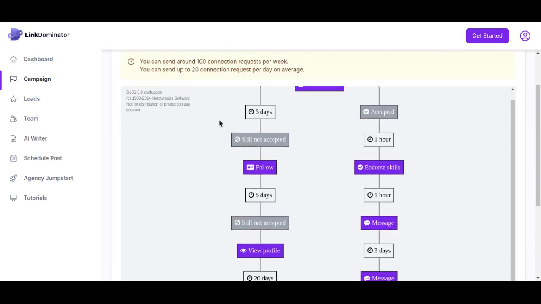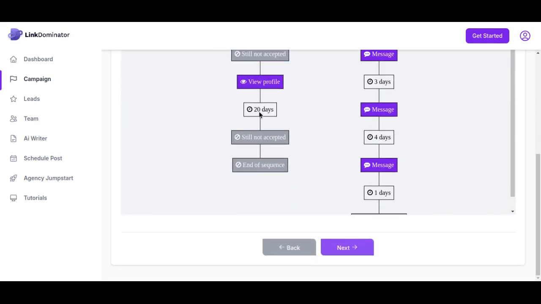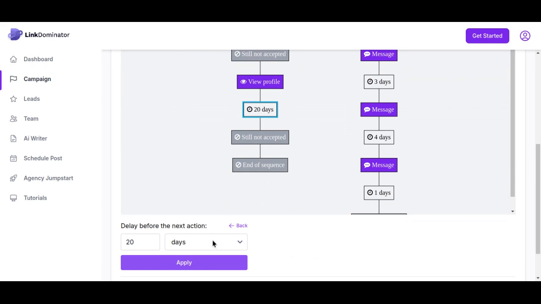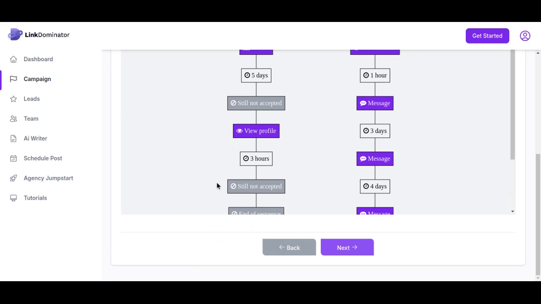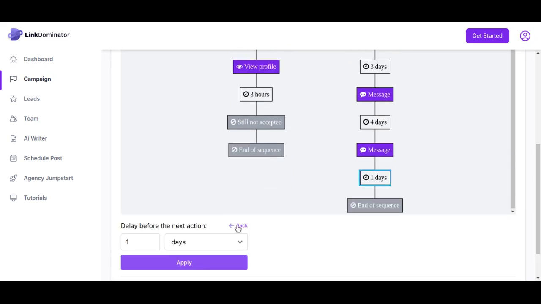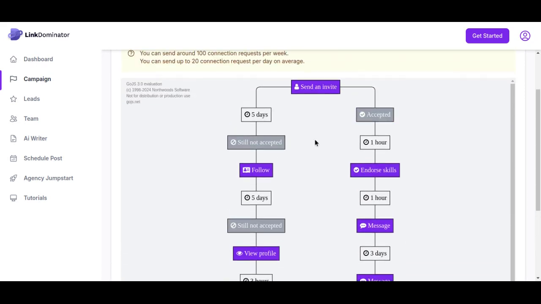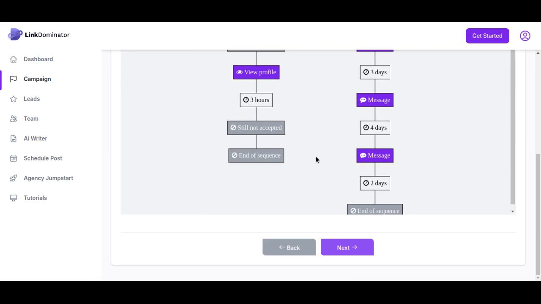Another thing you can see right here is that this is dynamic, in the sense that you can click on this to modify the days. It could be days, it could be hours, and you can come right here to change it, and you click on apply. You can see that it's 3 hours that is here, and for this one also, this is one day. You can make it 2 days. You can see right here, 2 days. For all the delays, you can modify the days that have been attached.